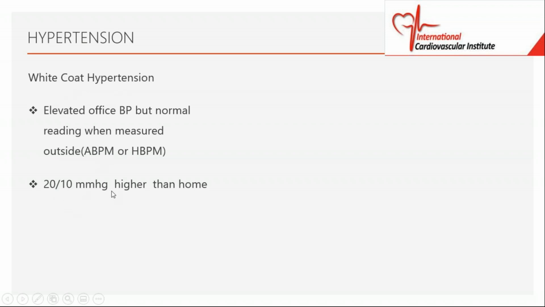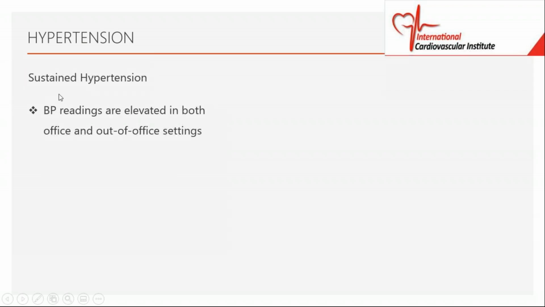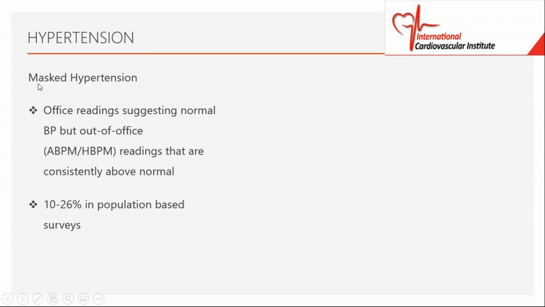And usually the office pressure is about 20 systolic, about 10 diastolic higher than the home pressures. Okay, so this is your white coat hypertension. That's the definition. There is a condition called masked hypertension. And for people who are doing exams, this is probably a relatively new concept for you, so you need to understand that. The masked hypertensive patients come to the office